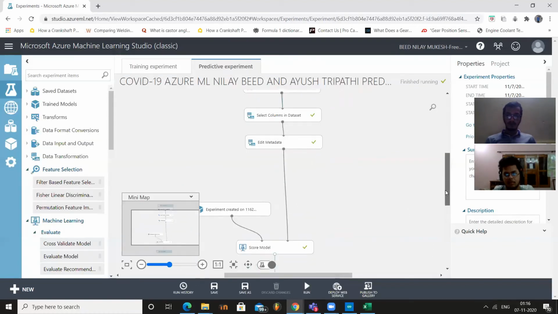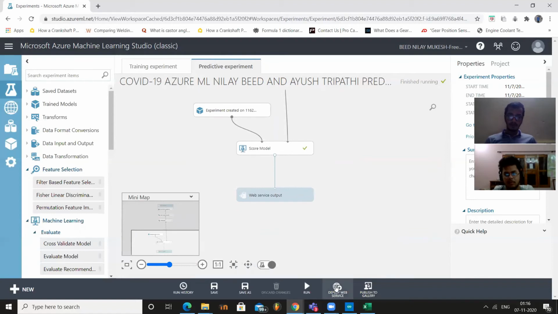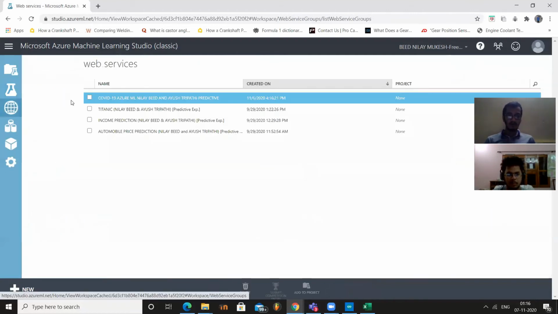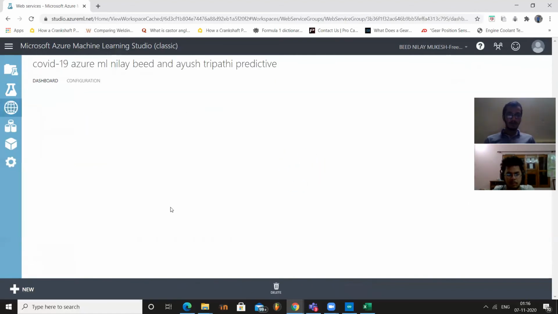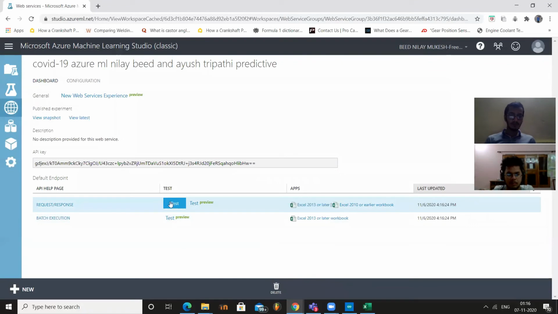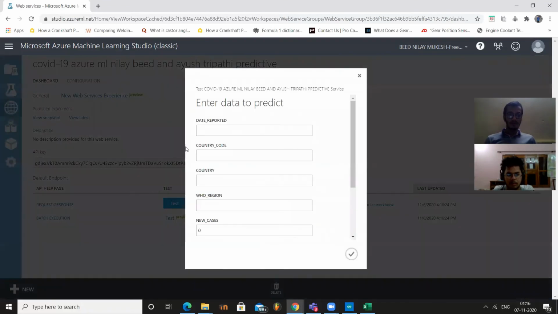Once you are done with the running, we need to deploy the web service. After doing this, you will get a web service deployed here. So this is a web service portal. This is a web service dashboard where you can test your model by inputting various values.